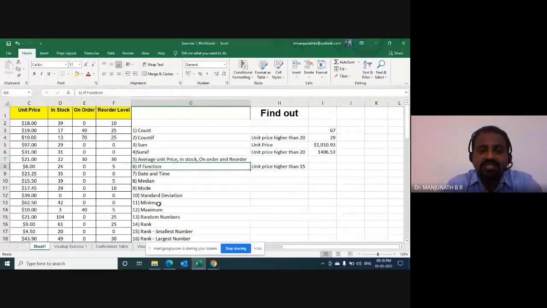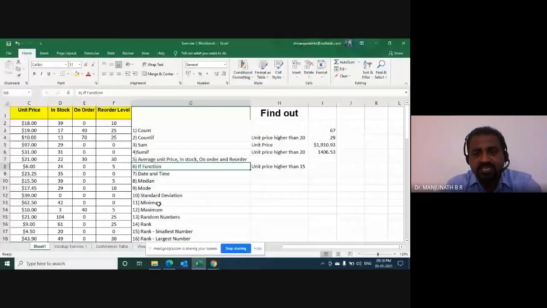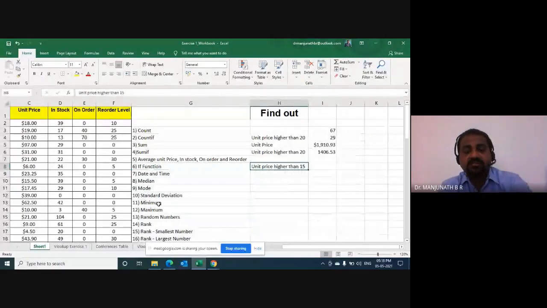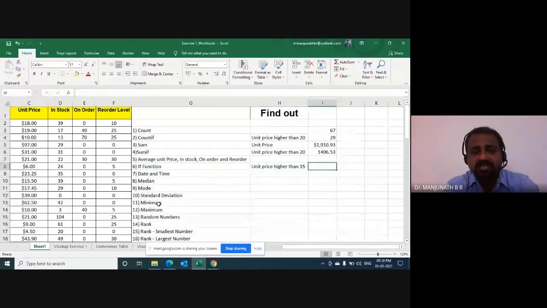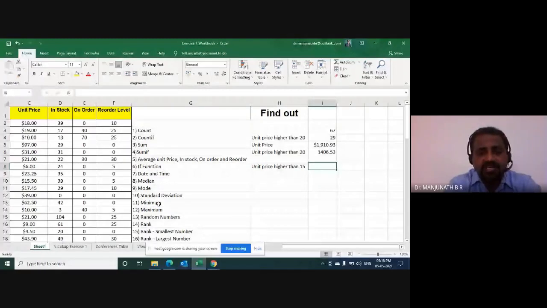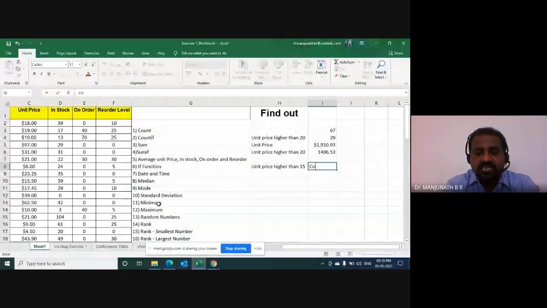Now the task is a bit challenging. It says IF function, unit price higher than 15. Try to understand my requirement. It is slightly complicated, but not really too much. If a unit price is higher than 15, I would like to see the comment as correct.